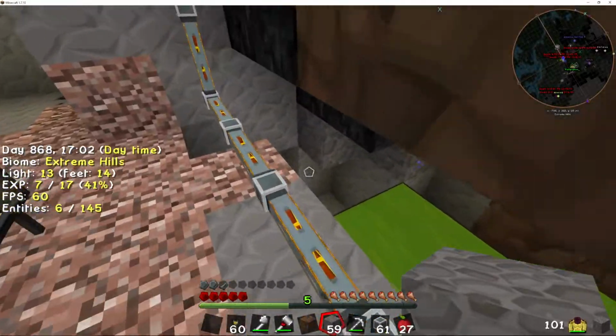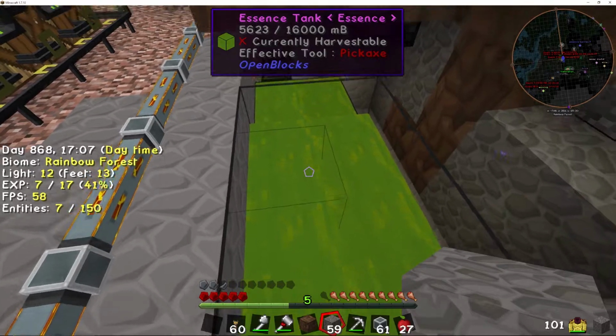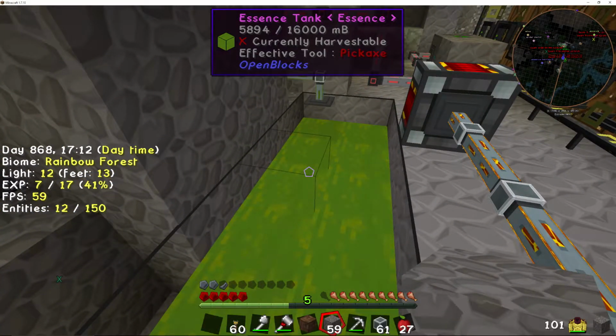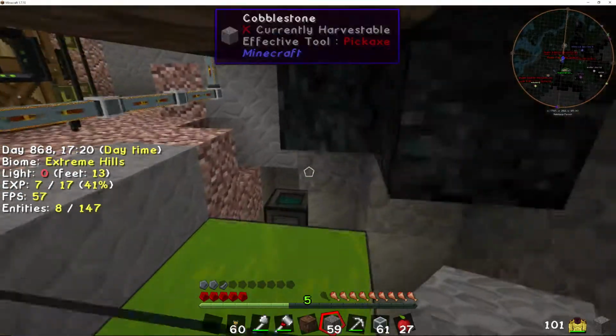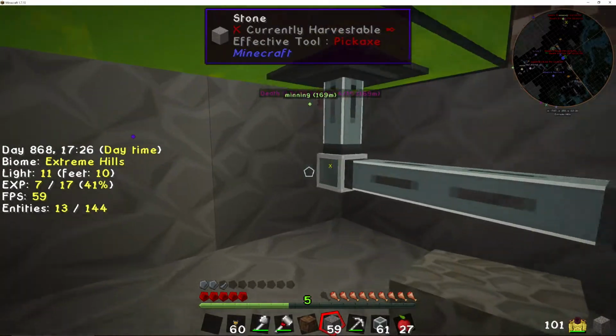Okay, this is going to get a little bit confusing. I'm going to try to do it in order. So basically we've got our mob essence tank here that we need to, let me just check something here real quick, that we need to use to power the auto spawners. And I've got a tesseract here. And we've already got